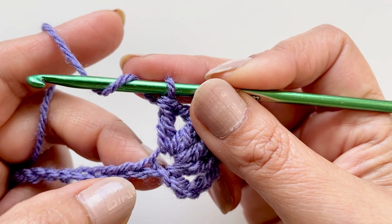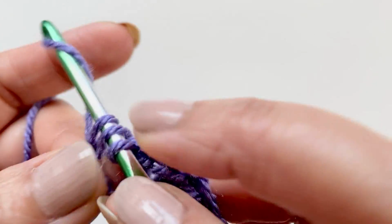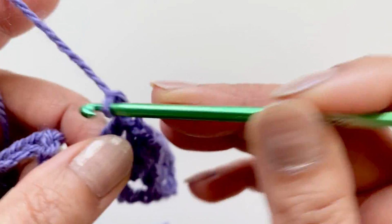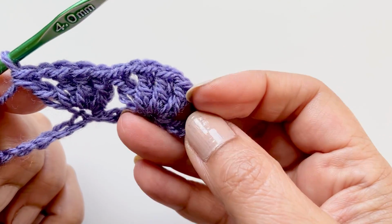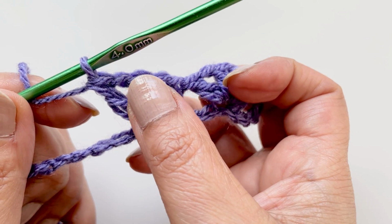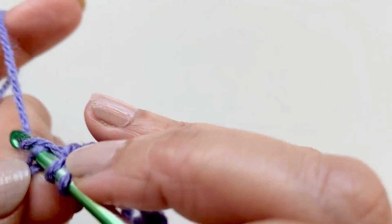Then you want to skip 4. 1, 2, 3 and 4, and into the 5th one here, go in and do 3 double crochets again. 1, 2, 3, chain 1, and then go back into that same space again and do another double crochet. So you've skipped 5, and into the 6th chain you've worked 3 double crochets, chain 1 and a double crochet. You skip 4, and into the 5th one, 3 double crochets, chain 1, double crochet. So skip 4 again, 1, 2, 3 and 4, and into the 5th one, 3 double crochet,